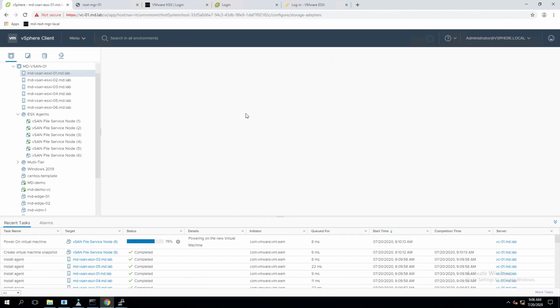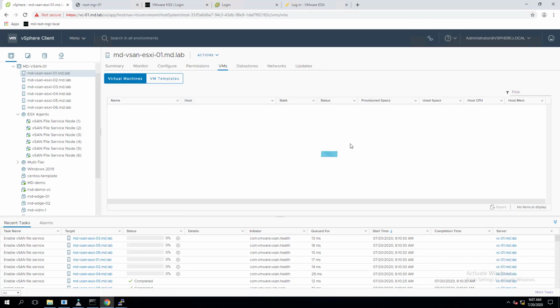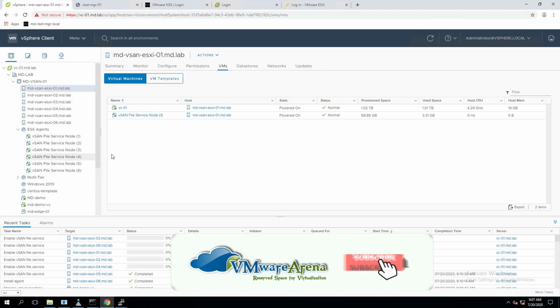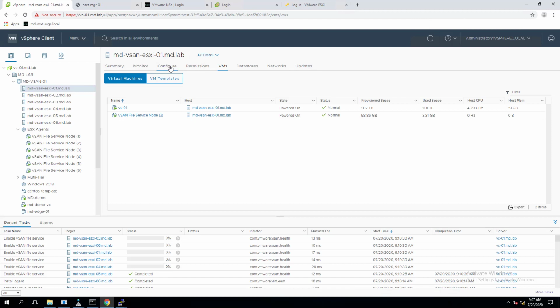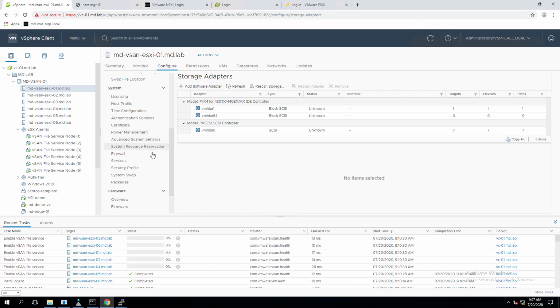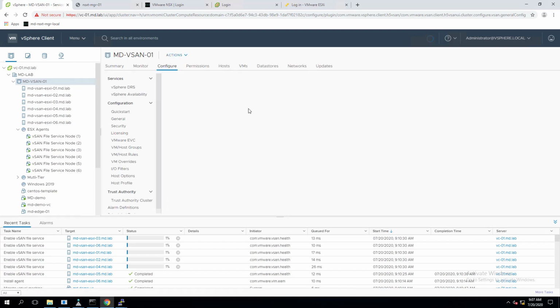Okay, let's click on the host and click on VMs. You can find vSAN file services. Each host will be hosting one file services VM here. In some cases I noticed that when I place an ESXi host into maintenance mode, that file services virtual machine is getting deleted or something. Maybe in the next video I can explain that in detail. There are a lot of file services enabling tasks going on. It basically deploys the first machine using OVF, then it starts cloning that virtual machine and configuring the file services nodes based upon the IP address and DNS name which we have assigned here.